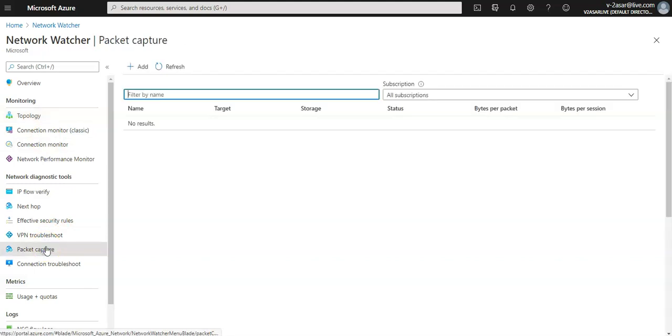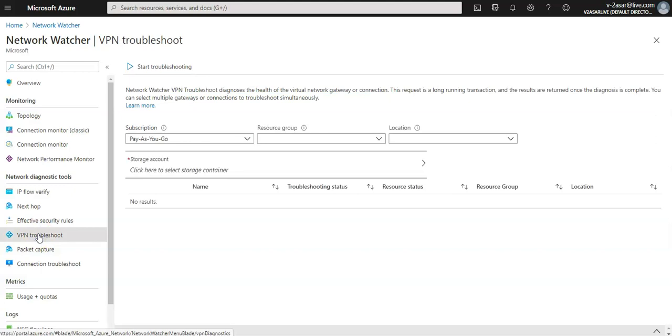We can do a packet capture from the Network Watcher, we can also do VPN Troubleshoot. So this Network Watcher VPN Troubleshoot diagnoses the health of the virtual network gateway or a connection. This request is a long-running transaction and the results are returned once the diagnosis is complete. So let's say you have a site-to-site VPN connection from your on-premises to Azure. If you are facing difficulties reaching one of the servers in Azure from your on-prem, or there is a problem reaching from Azure to on-prem, you can enable the